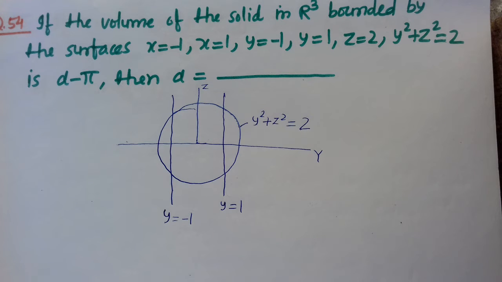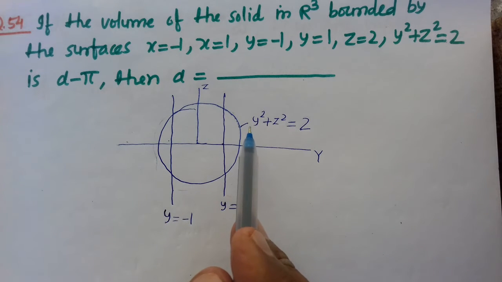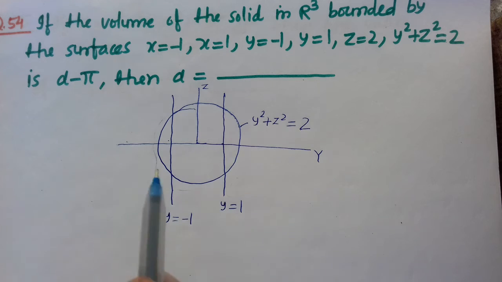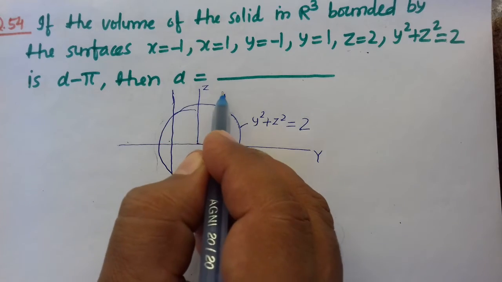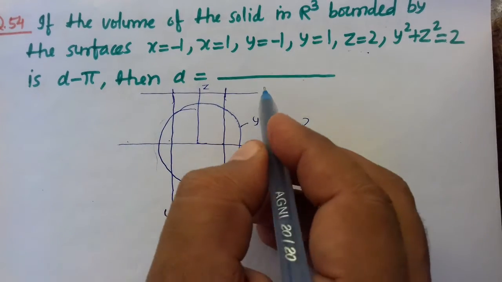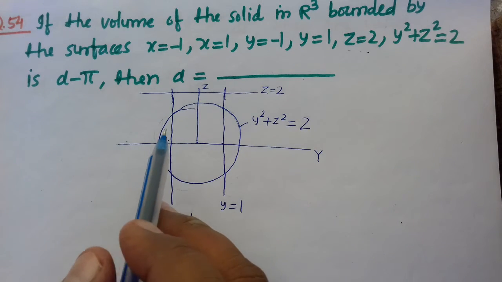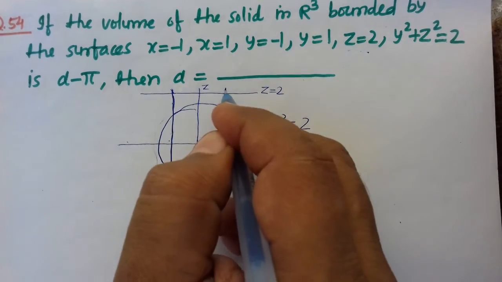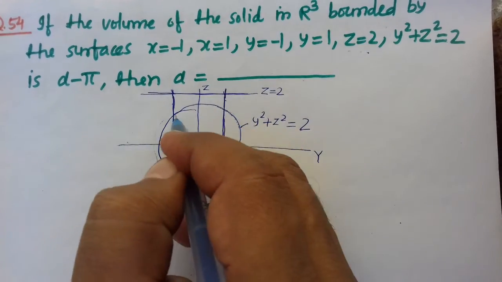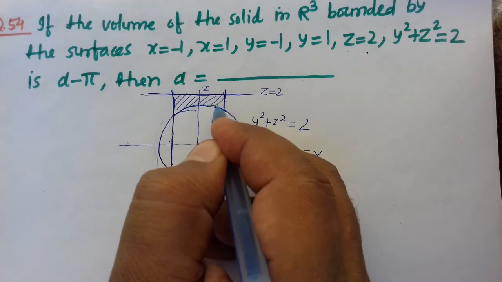Now we have to find the volume surrounded by these two lines and this curve. As in the question you see z equals 2, so z equals 2 will be outside. This line is z equals 2. So we have to find the volume surrounded by this line, this line, this line, this line and this curve. So the area is this